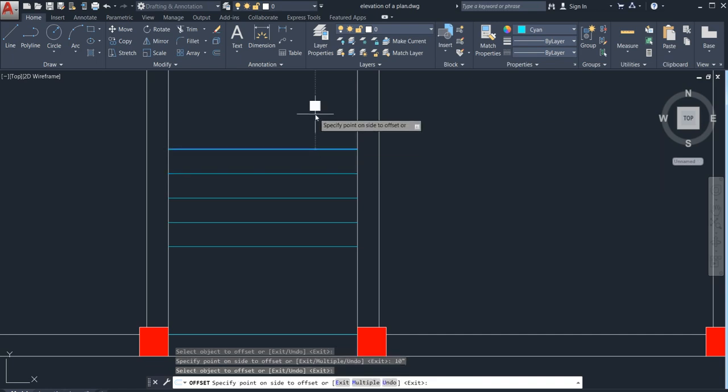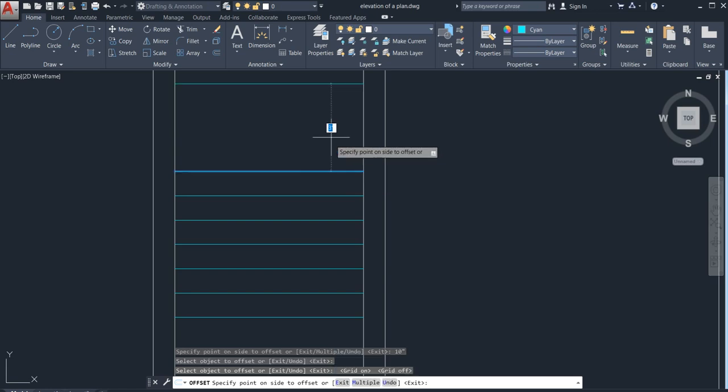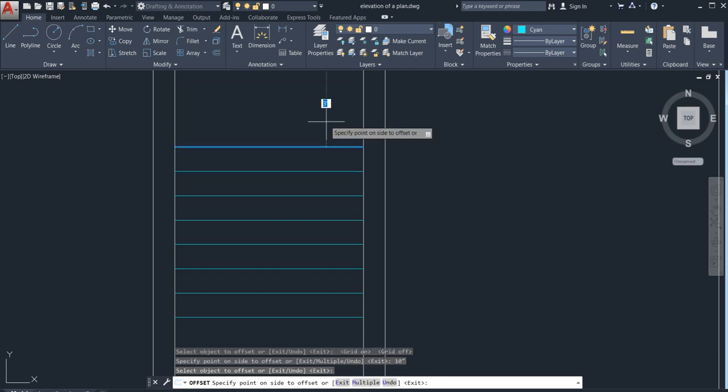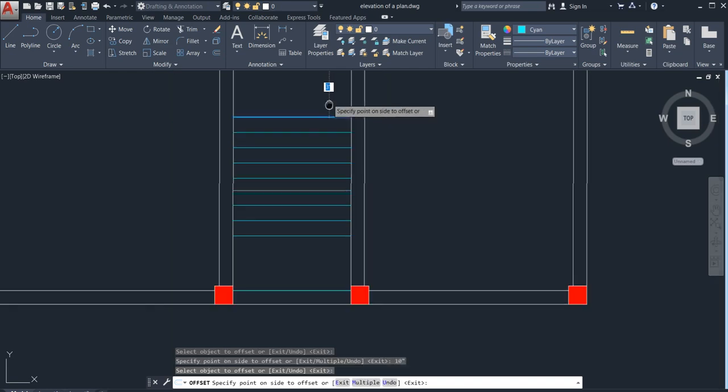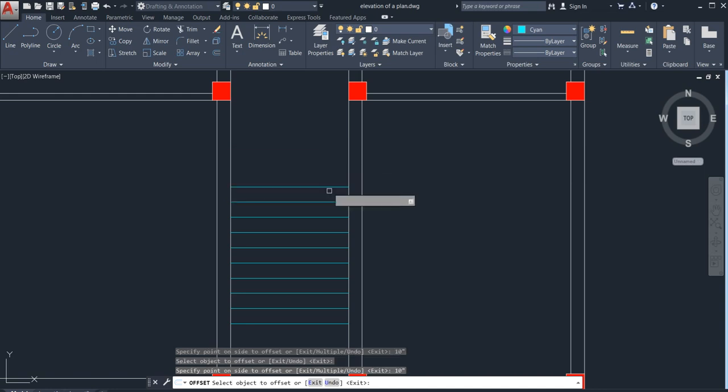As I am doing this, total 10, so I will divide it in two parts. 7, 8, 9, and finally 10.